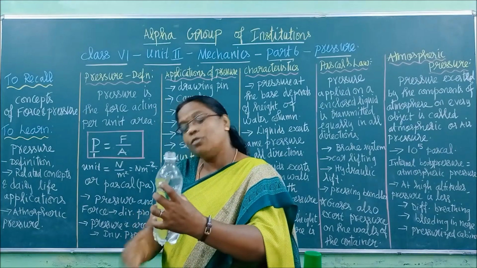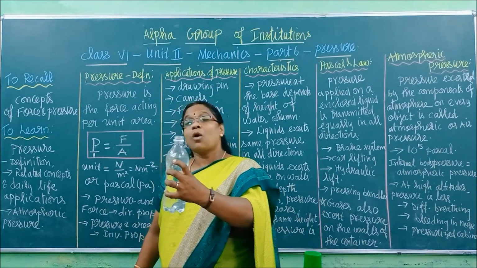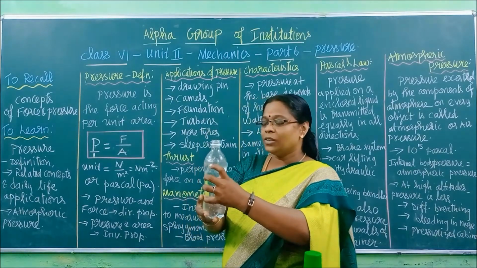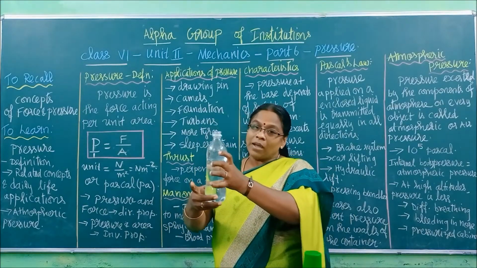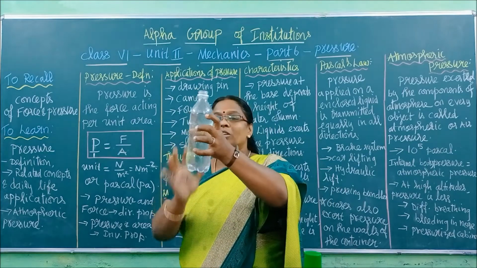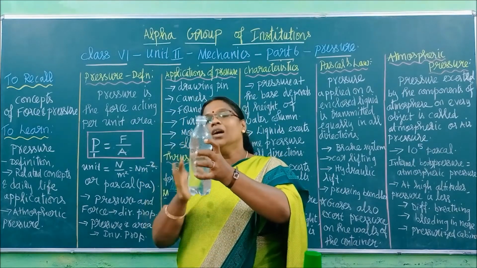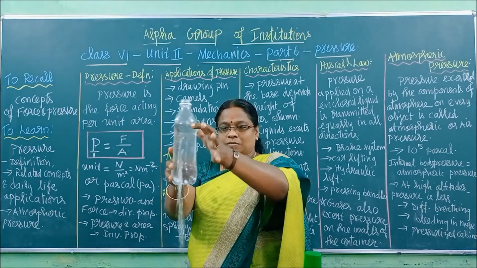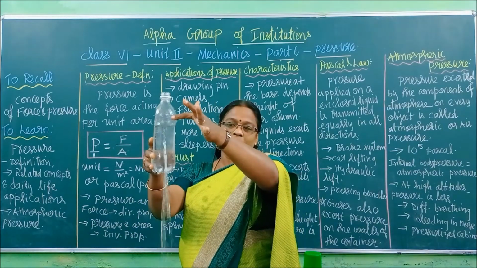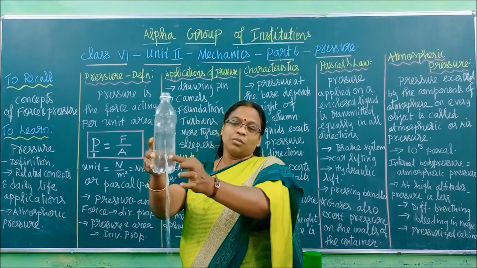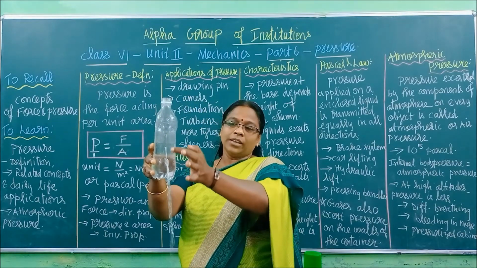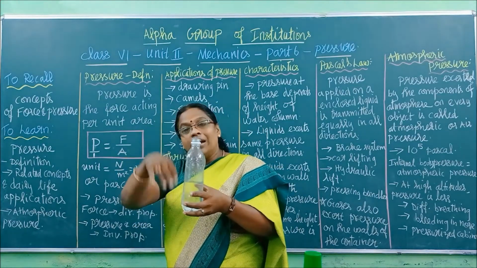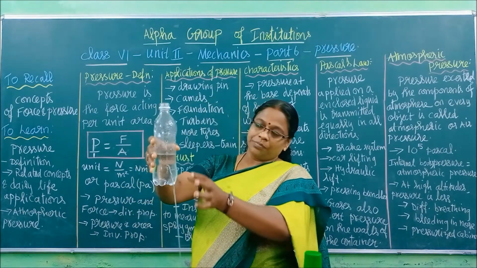Now see, even while I am closing the holes, the water exerts pressure on the walls. That's why the water is leaking out. Now I am going to take off my fingers. Just see through which hole, bottom, top or middle, the water comes out with the greater force. Now watch. Where is the water coming out with the greater force? The bottommost only. The bottommost hole has the greatest depth.